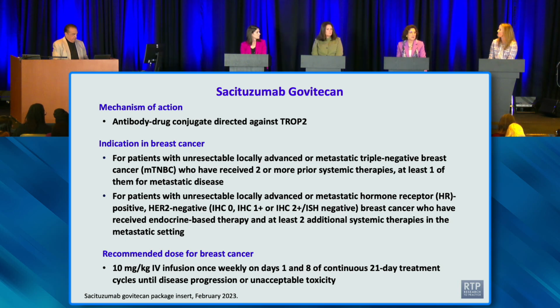You know, the idea was in breast cancer patients, they really weren't at that time seeing topoisomerase 1 inhibitors, so it was a new drug you might not have had resistance to, and then a new target, TROP2. And TROP2 is expressed in about 95% of at least triple-negative and hormone receptor-positive breast cancers. And you know, it's not a test that we normally do, but it does give you an idea that it might be active against a broad range of tumors.